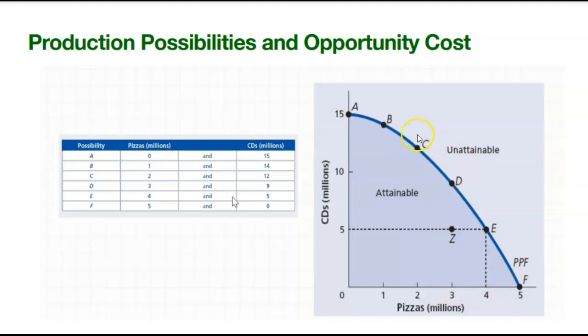Okay? Now, when you look at this graph, obviously you have to pick which one. Do you want D, which is making 3 pizzas and 10 CDs, or do you want that? So you have to pick which one. Picking among these dots on the line depends on you, right? If you're doing well in CDs, then you can make 15 CDs and 0 pizzas. It's fine. If you're doing well in maybe pizzas, you can make 4 pizzas and 5 CDs. Fine. So all of this is the best outcome, right? It's the best for the business.